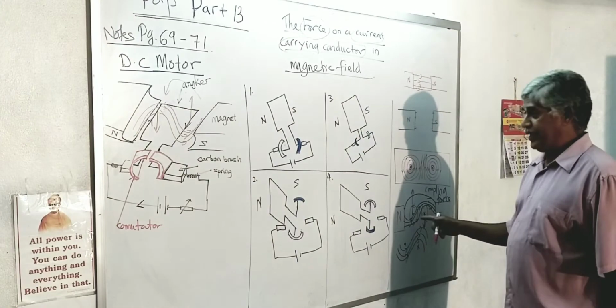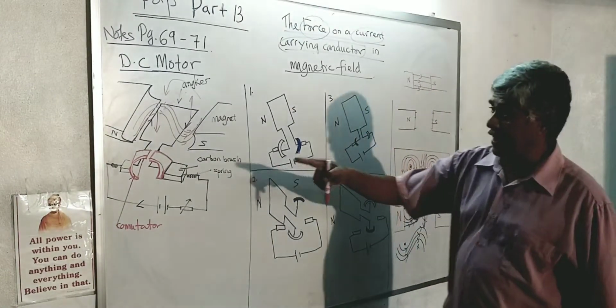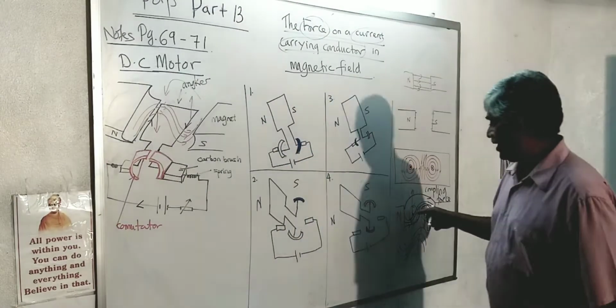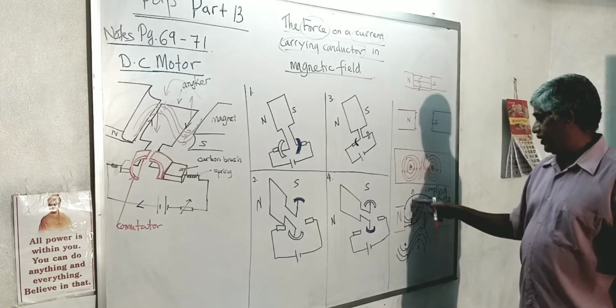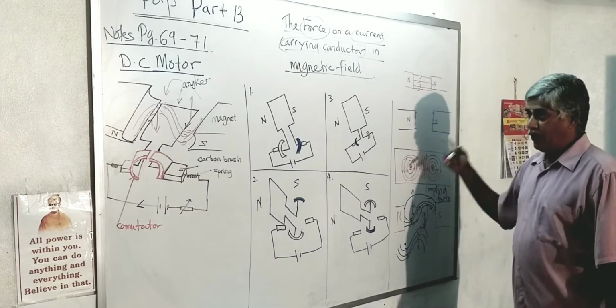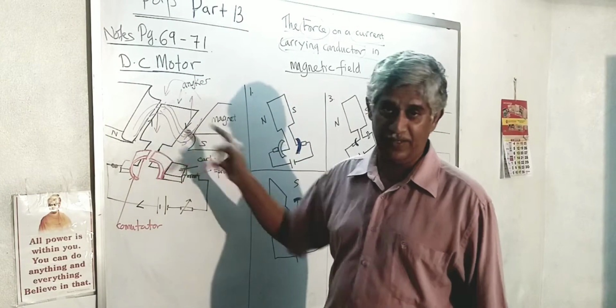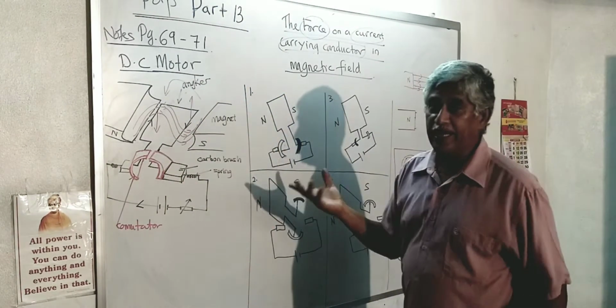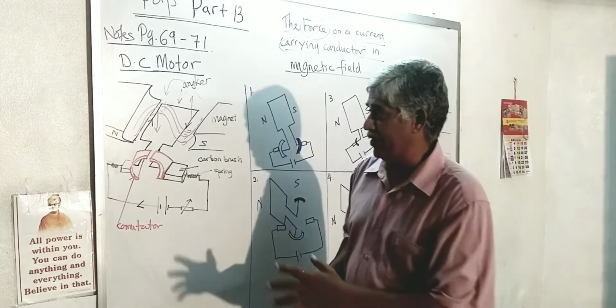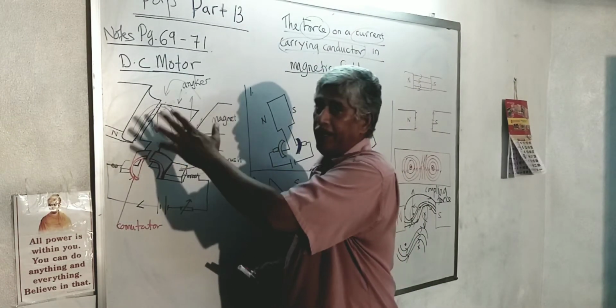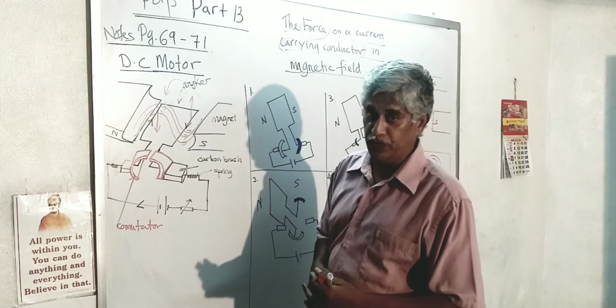Okay, this is opposite. This is north south. Here the current is entering. So here the current is coming out. That's why the force you can see here, the rotation is clockwise, but here the rotation is anti-clockwise because of the direction of the current. As I said just now, once you know the Fleming left-hand rule, you can apply it to explain how the force direction is.